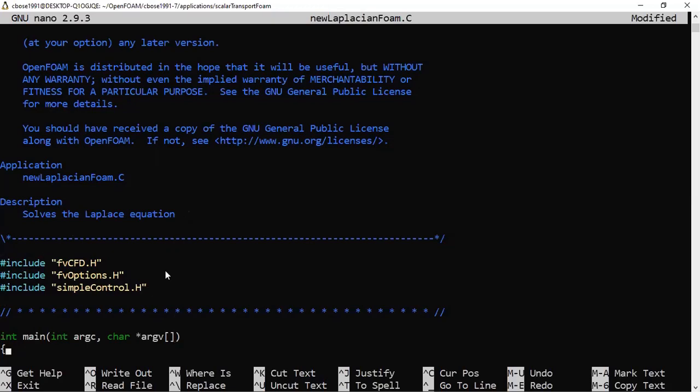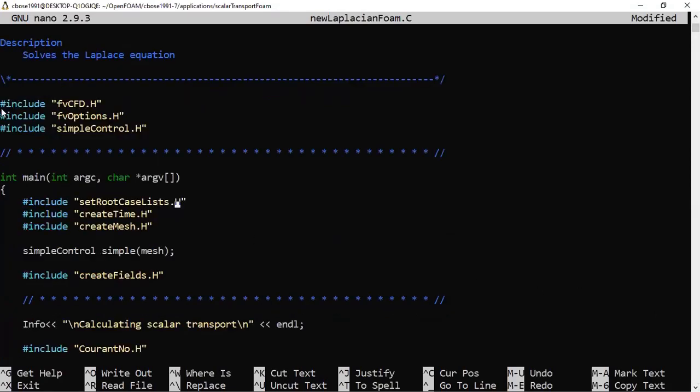So you can see that like any other C++ code, what we have here is first the #include header files. In a normal C++ code, you would have some other header file like input output std, but since here the namespace is Foam, the main file for using the CFD capabilities already written in OpenFOAM, we have to add this header file fvCFD.h.